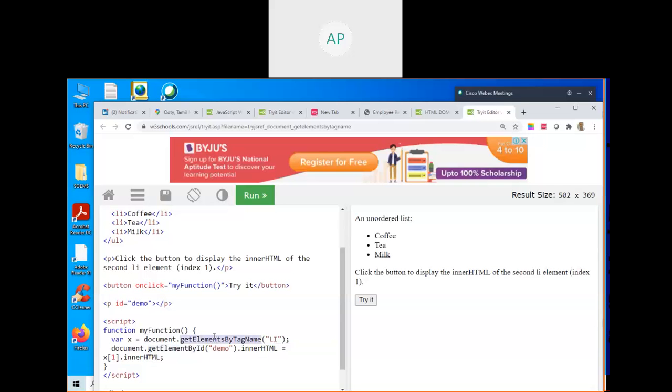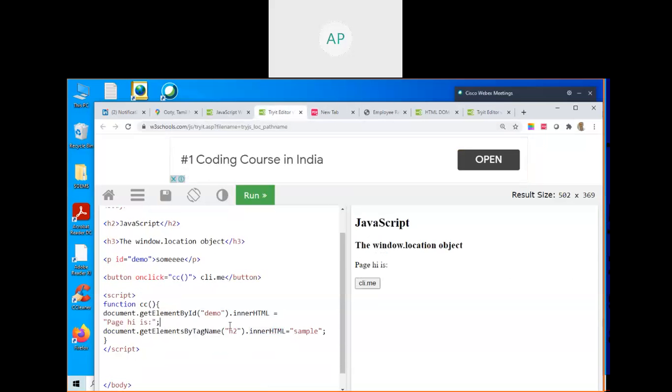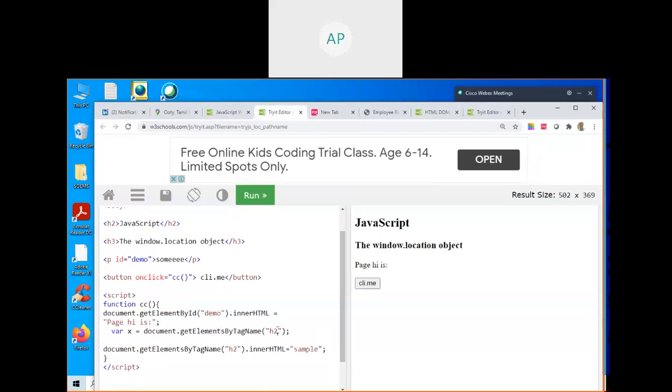Document.getElementsByTagName, then x.inner, document, control C. So control V. So here what is the h2?